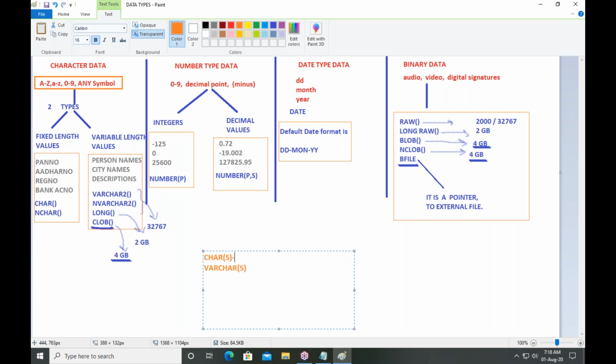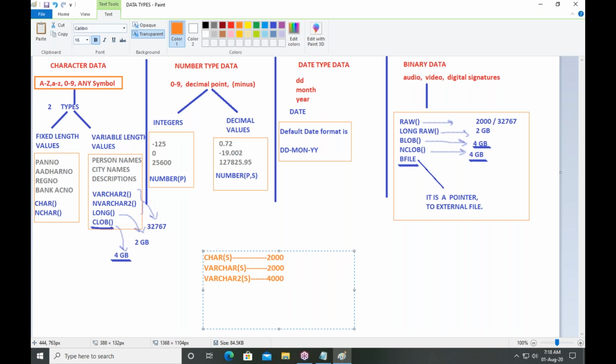What is the maximum size of char? 2000 bytes. What is the maximum size of varchar? 2000 bytes. Later, they introduced varchar2 of size. What is the maximum size of varchar2? 4000 bytes.